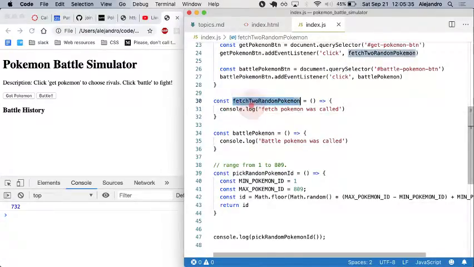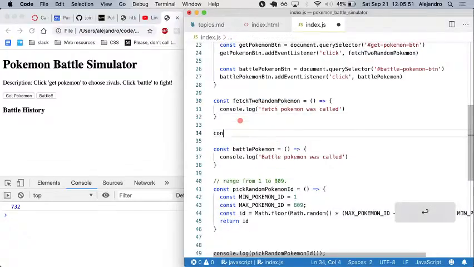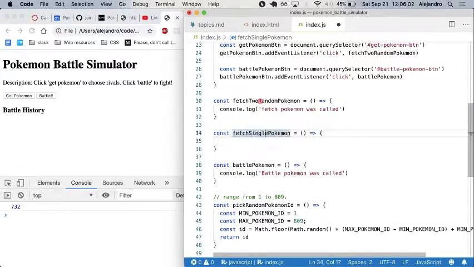Change the name of the variable to be a little bit more explicit. I did this because, as I said, we foresee that to fetch only 1 Pokemon could take quite some code. So I think we should have a const fetchSinglePokemon function that we just call twice. So this fetch 2 random Pokemons will use the fetch single Pokemon 2 times. We'll use this function 2 times. And now the fetch single Pokemon